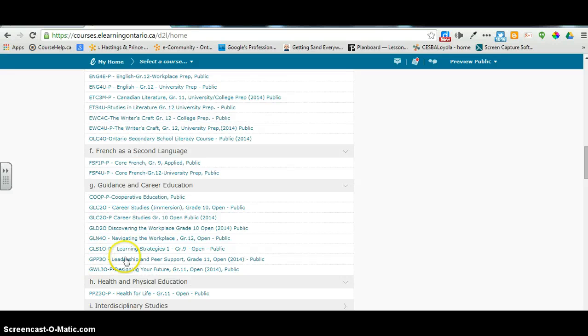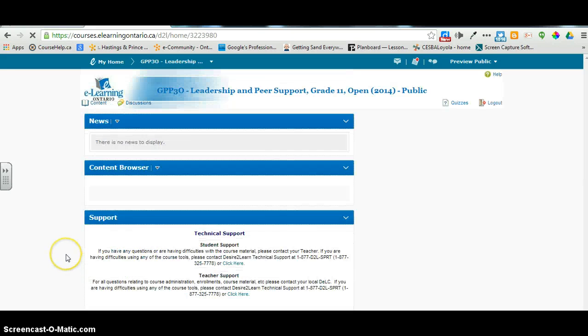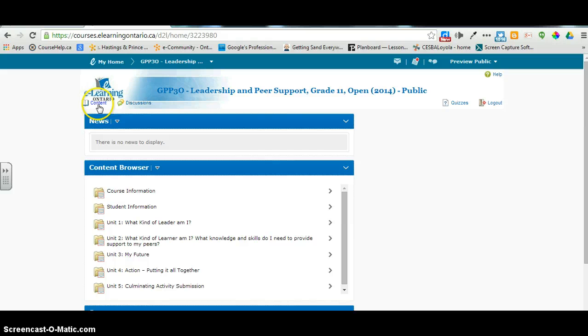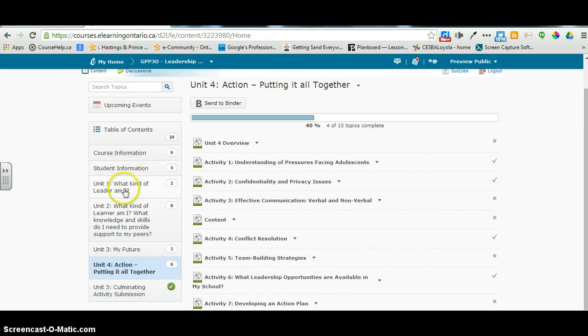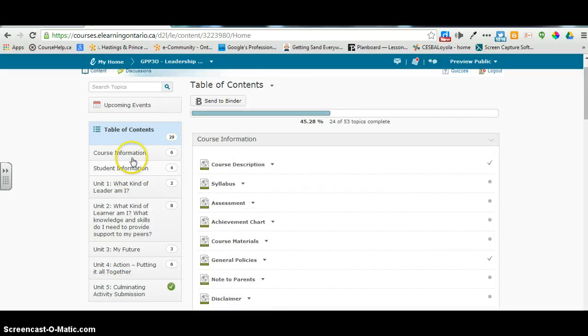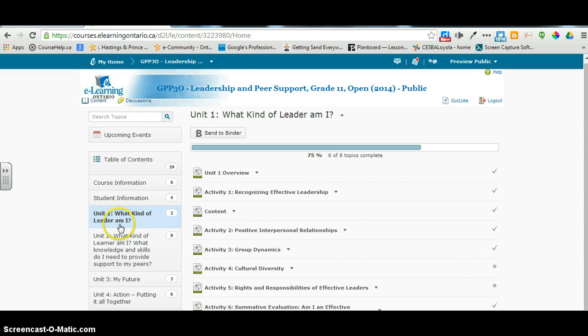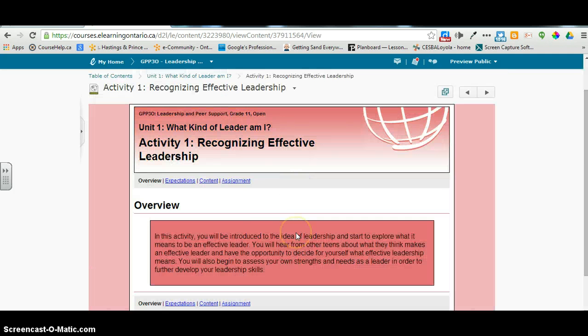So for example, if we were to go into the GPP course, we can go to the content area, and you'll see these are all of the units. So you get your table of contents. There's usually a couple of introductory units, and then there are the units for the course. Inside the units for the course, you'll see that there are a number of different activities. So this first activity,